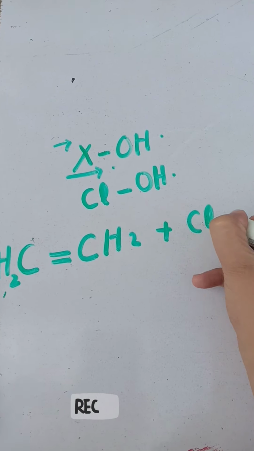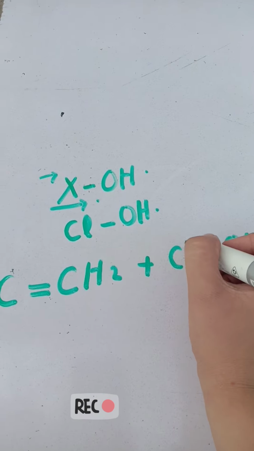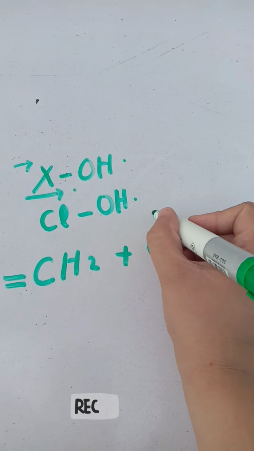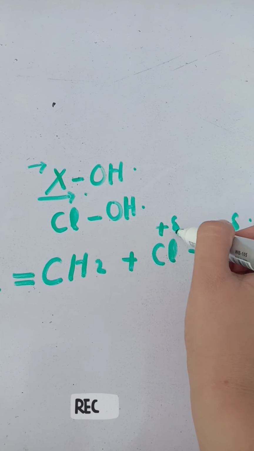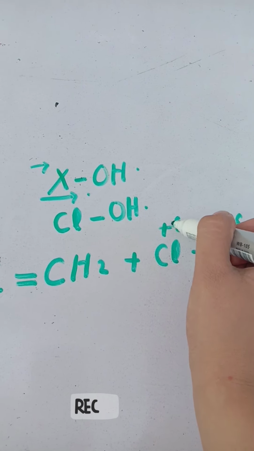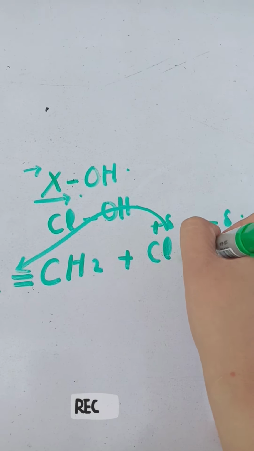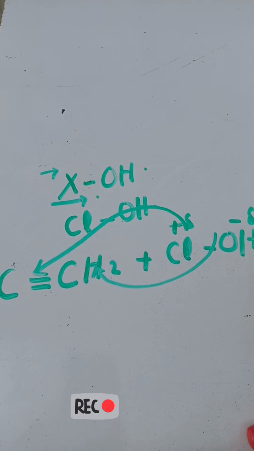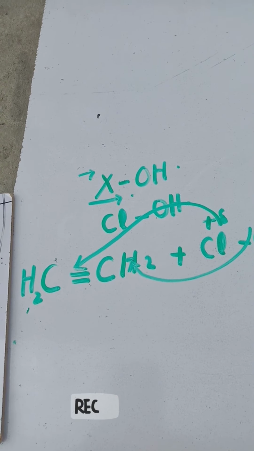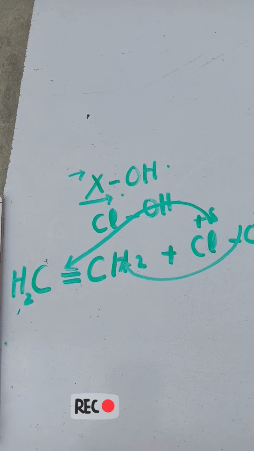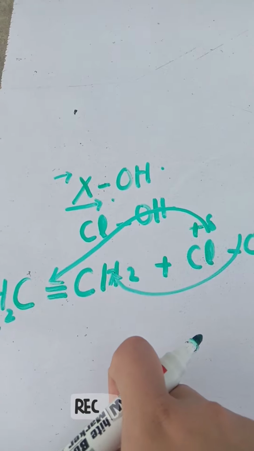And I'll take the ClOH molecule in this reaction because it is halohydration. So how will this ClOH be added? Cl is partial positive and OH is partial negative. The partial positive Cl will attack the double bond, and OH will attack the other carbon atom. Which type of compound is produced in this reaction? Cl will attack the first carbon atom, and OH will attack the second carbon atom.